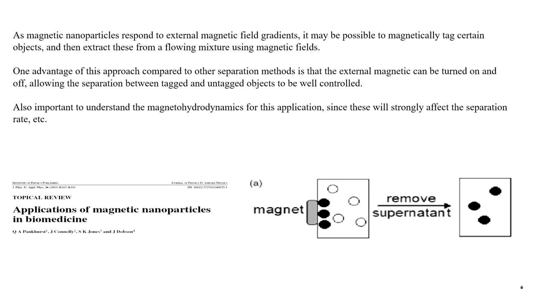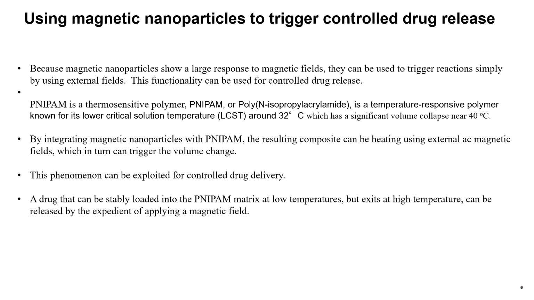So you use the external magnet here, and then the drug is released in the system. Using magnetic nanoparticles to trigger a controlled drug release system is possible because the magnetic nanoparticles show a large response to magnetic field. They can be used to trigger reactions simply by using external fields. And in such a scenario, you use some dendrimers, or PNIPAM, a thermosensitive polymer,